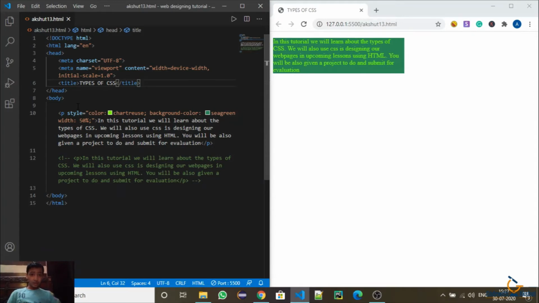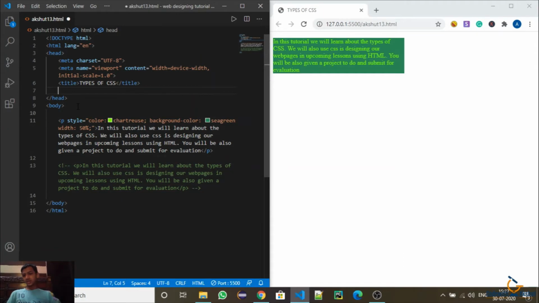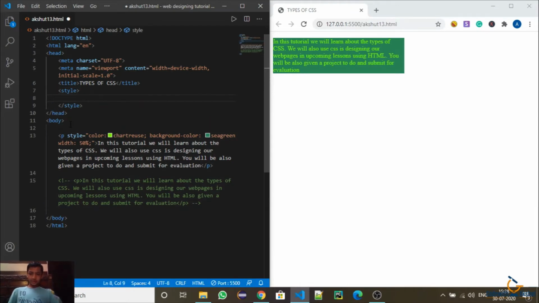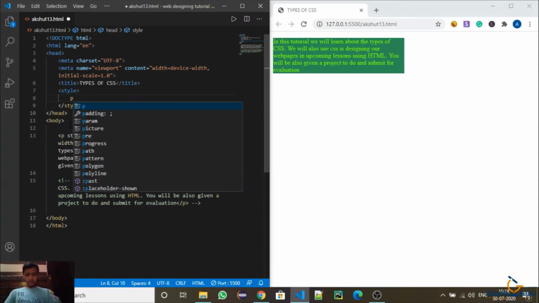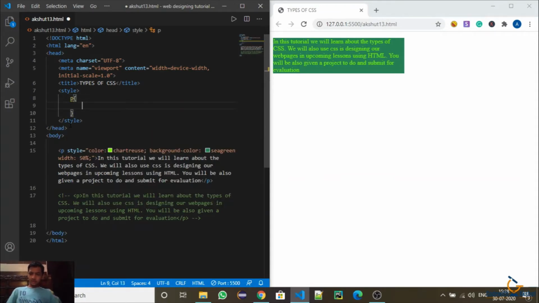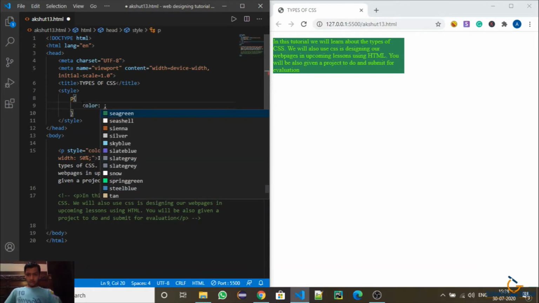Now I will tell you how to use internal CSS, which I also prefer more than inline CSS. So now I will put a style tag. The style tag is used in internal CSS. Now I will put the p selector in it. Now I will change the color to teal.